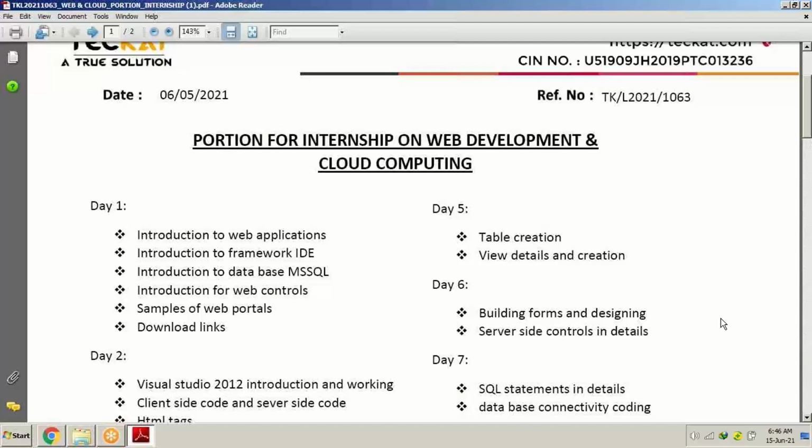There is only a 10% chance that one feature of a particular software will be implemented in different softwares also. Otherwise, there is a 90% chance that every client has a different requirement.